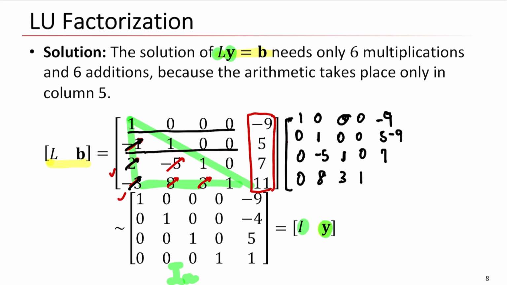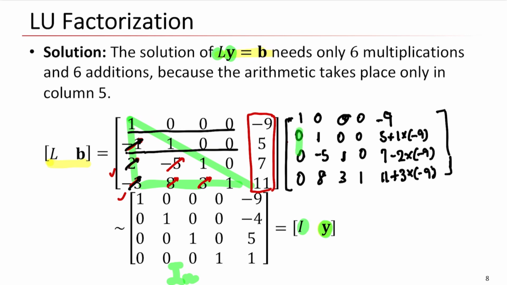Okay, let's write like this. 1 times negative 9 minus 2 times negative 9. Okay, then 11 times what? Plus 3 times negative 9, like that, right? Okay, so